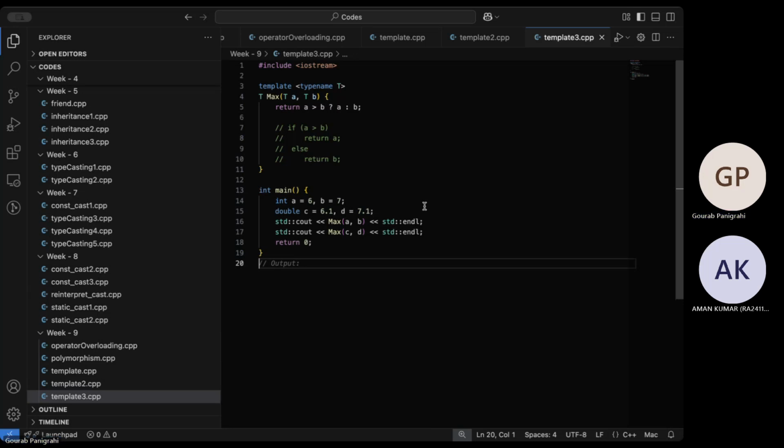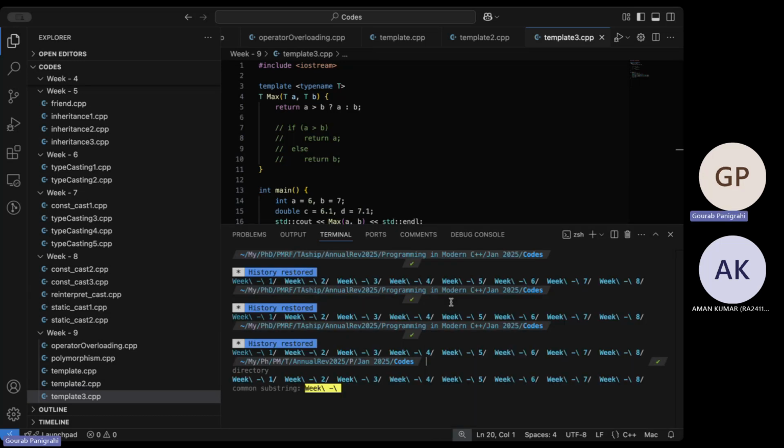So here I won't actually use just max. Technically speaking, you can use max, and the A and B data types are both integers. So here the return will be integer. It's implicitly known. Let's run it and see.